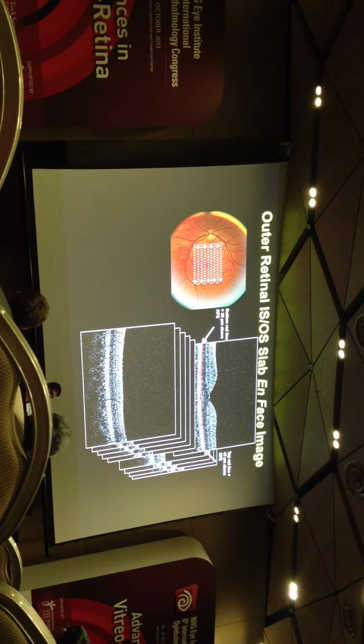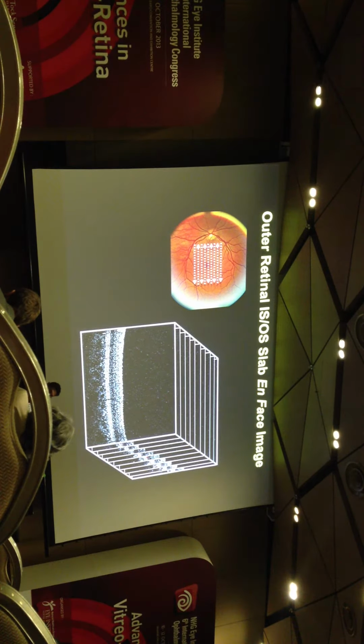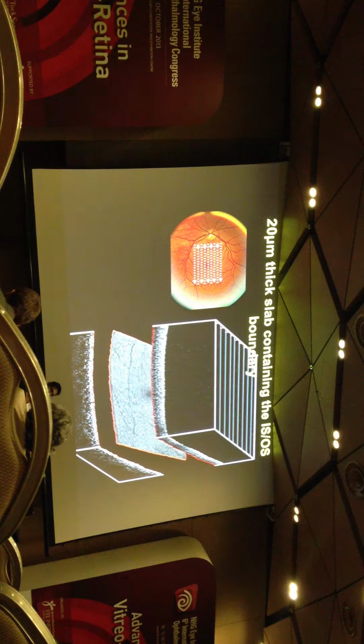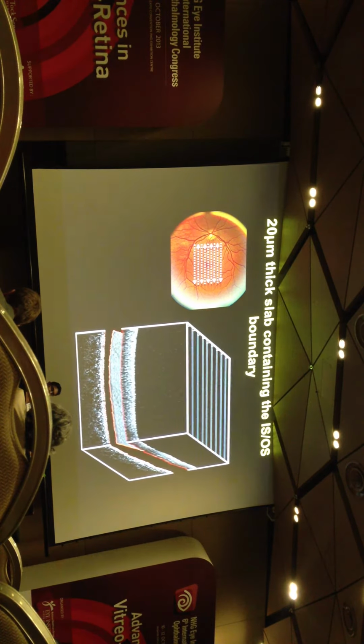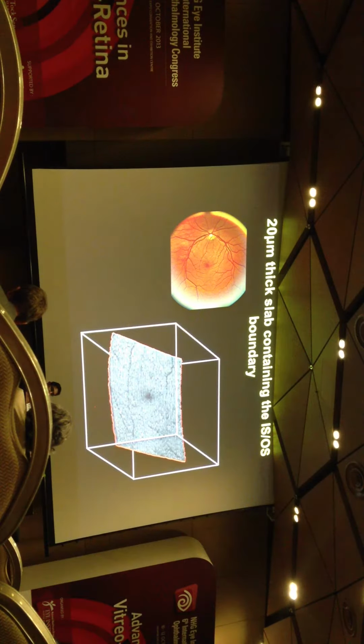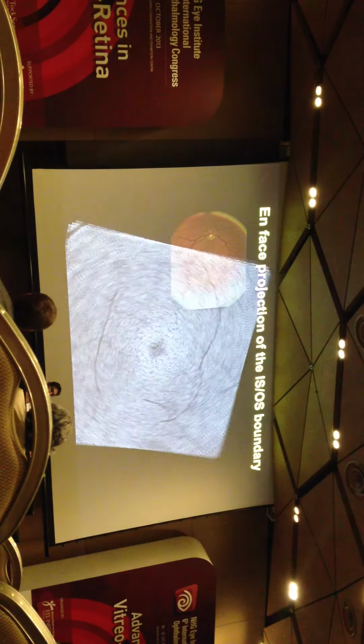That was a 20 micron slab that goes across this band that we've all identified previously in our scans, that represents photoreceptor integrity. Okay? And we do the exact same thing, right? We take a slab, only now it's 20 microns thick. And we remove what's on top and what's on bottom, and now we're looking at an en-face image of this